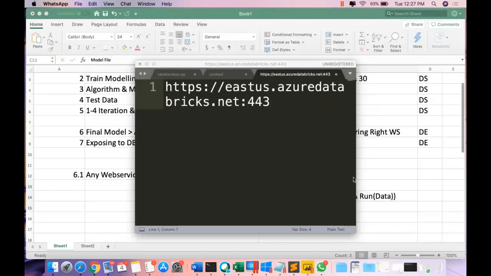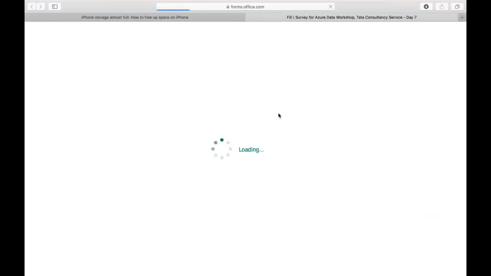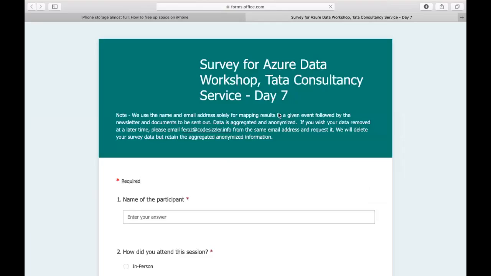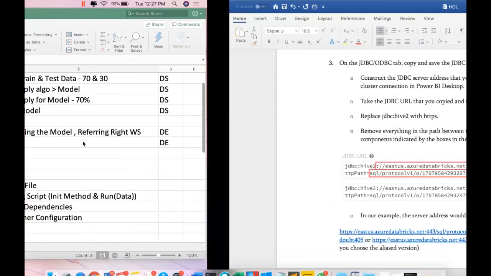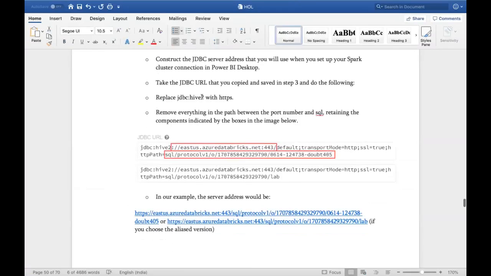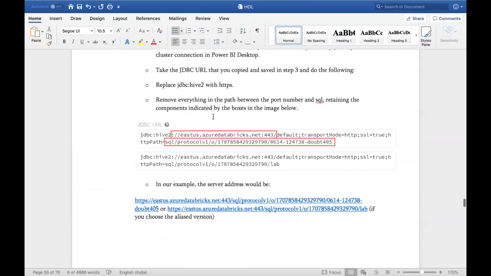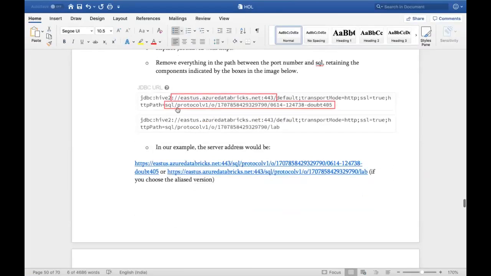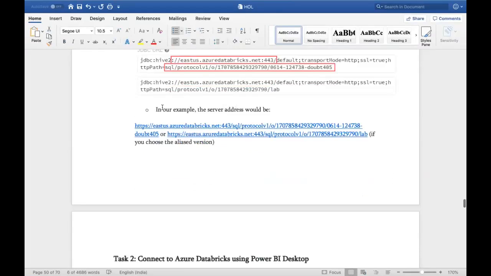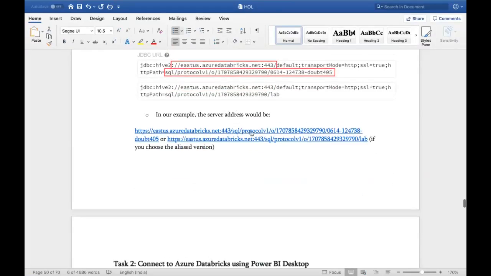Okay. So I have shared the link, and I hope it is openable. Yes, this is openable. You can try it out. And this is the one which we copied just now, right? You can find this URL also here, the HTTP URL. Example server, this is what it looks like, SQL from here, and append all those things.